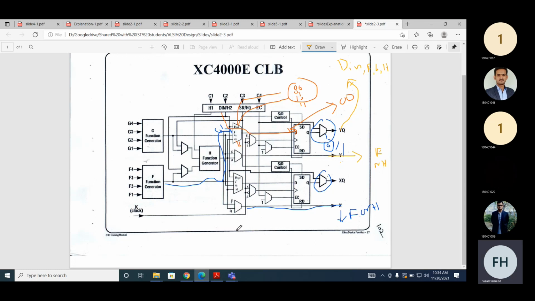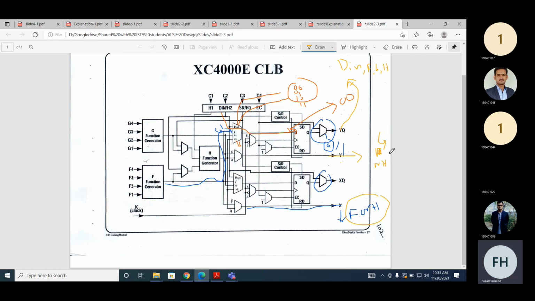Similarly, if you look at here, this X can be assigned the value of F or H. Similarly, Y can be assigned a value of G or H. You can see the detail because there are some complex signals. Yes, it can be G or H. So these are various routing possibilities, and all of these will depend upon the select line of the multiplexer.